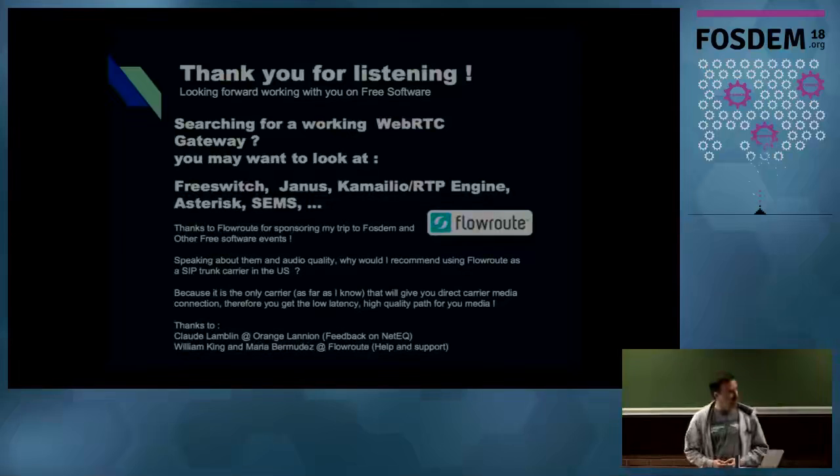Now, I should say that there are already alternative software solutions built by people who have been working hard for years. My experiment is nowhere near production ready. So I'm just highlighting their work again. Claude Lamblin was the engineer providing feedback on NetTech for us. She also studied the resamplers, the performance of various resamplers, and many other things. So, thank you.